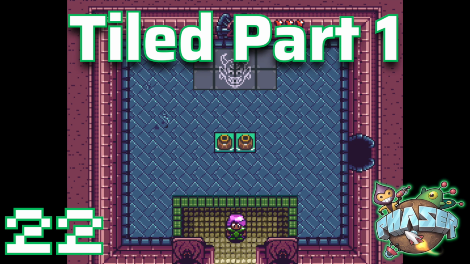Welcome to part 22 of our series on building a Zelda-like game in Phaser 3. In this section, we're shifting our focus to level design using the tile level editor. We'll go over how to create our dungeon layout, add interactive objects, and export the necessary data for our Phaser